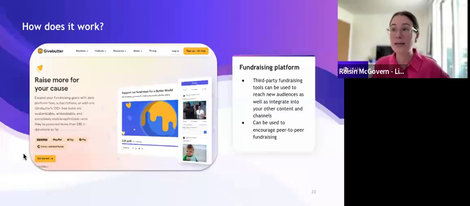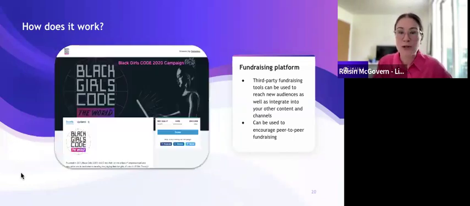Now, another platform is GiveButter, and this is a platform that is free to use. And as well as being able to create donation pages and donate buttons, this platform also provides extra support for organizing fundraising events and even auctions as well. Now, another platform we know a lot of our community are using is DonorBox. And this is really a platform that does it all. It includes text to donate and crowdfunding.